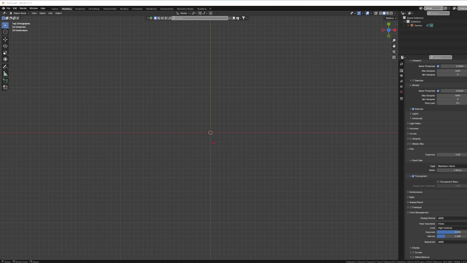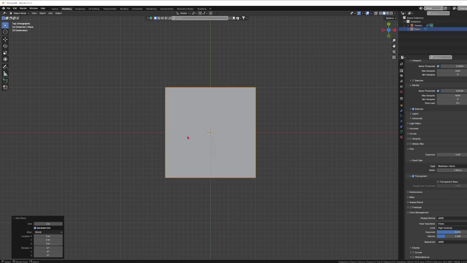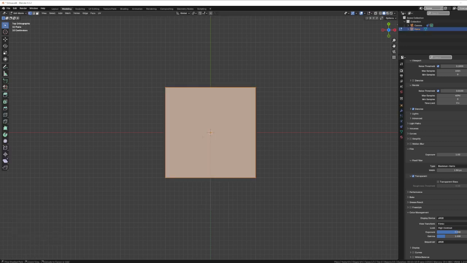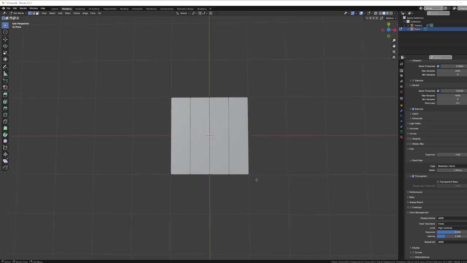So let's say, for example, that you come into Blender and you have a simple plane. And you take this plane and you go ahead and do some loop cuts. Okay, so you've got 3 loop cuts on here. And let's say that you want to eventually turn this into boards that you can use for flooring. Okay, so what you can do is go into edge select mode by pressing 2,